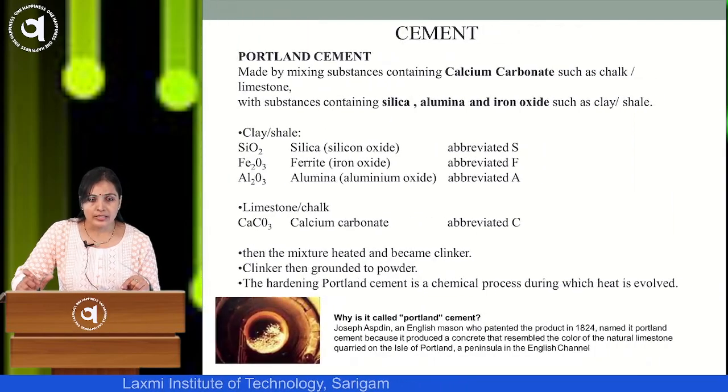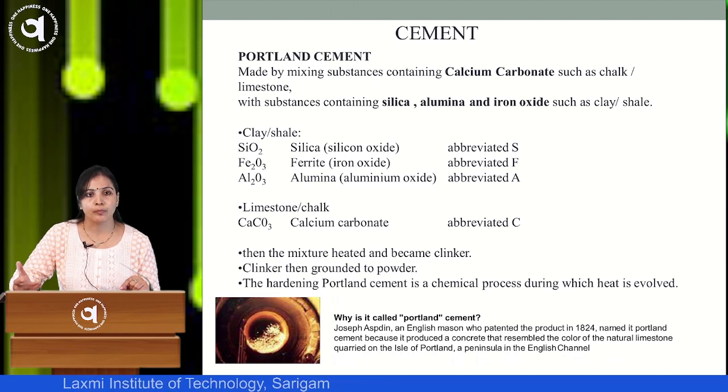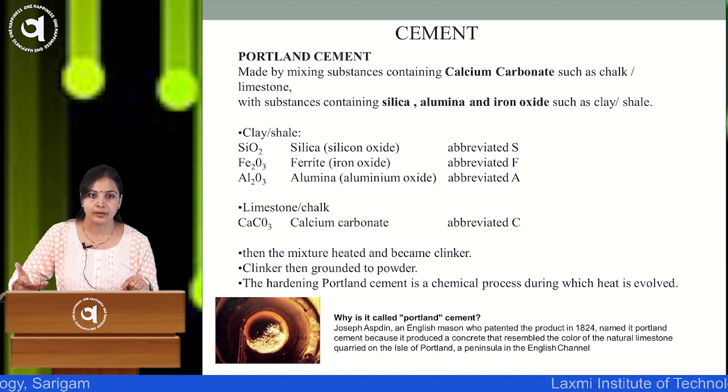Now this is Portland cement. Earlier also I told you about Portland cement, that in history only the name was patented. It's made by mixing substances like calcium carbonate, chalk and limestone with substances containing silica, alumina, iron oxide, as I have discussed before, that is SALIM.